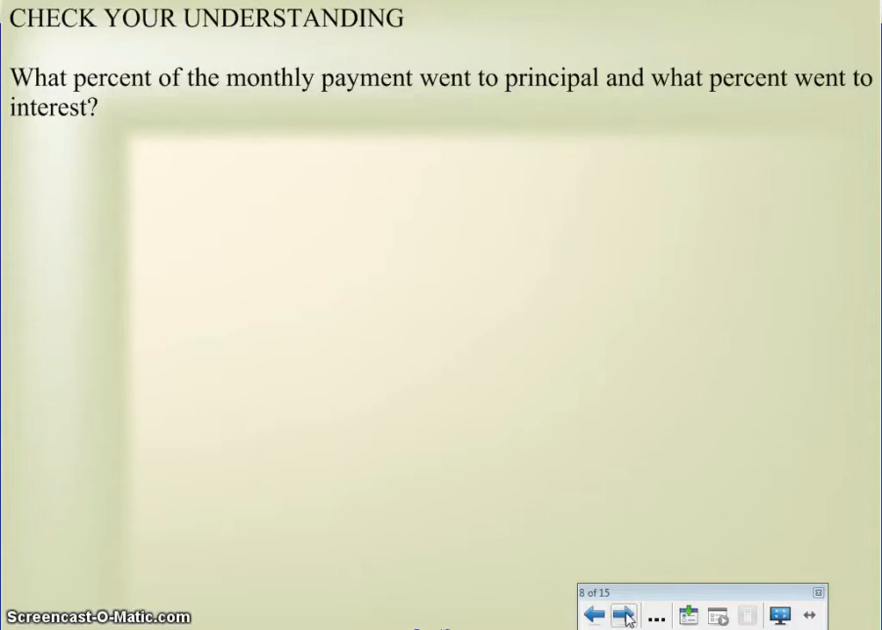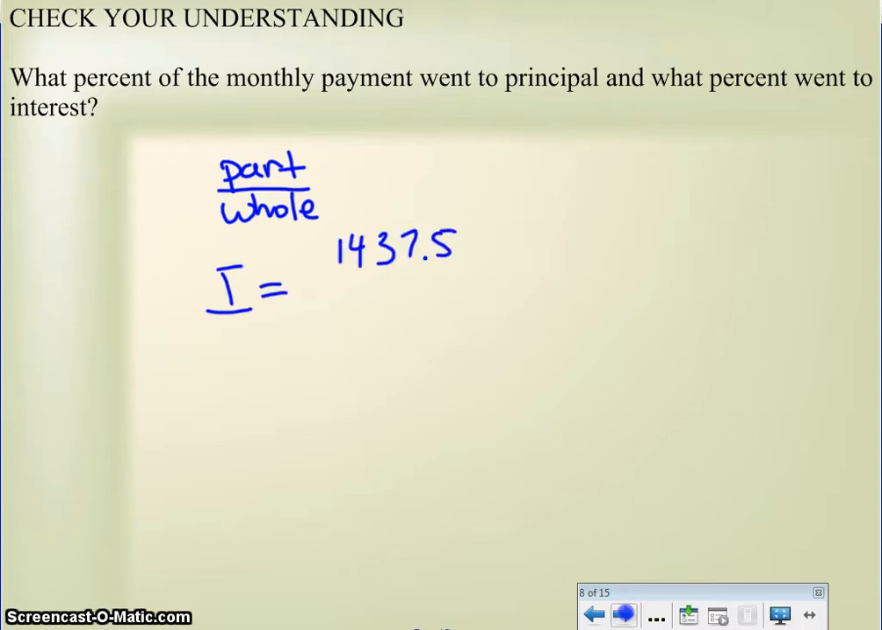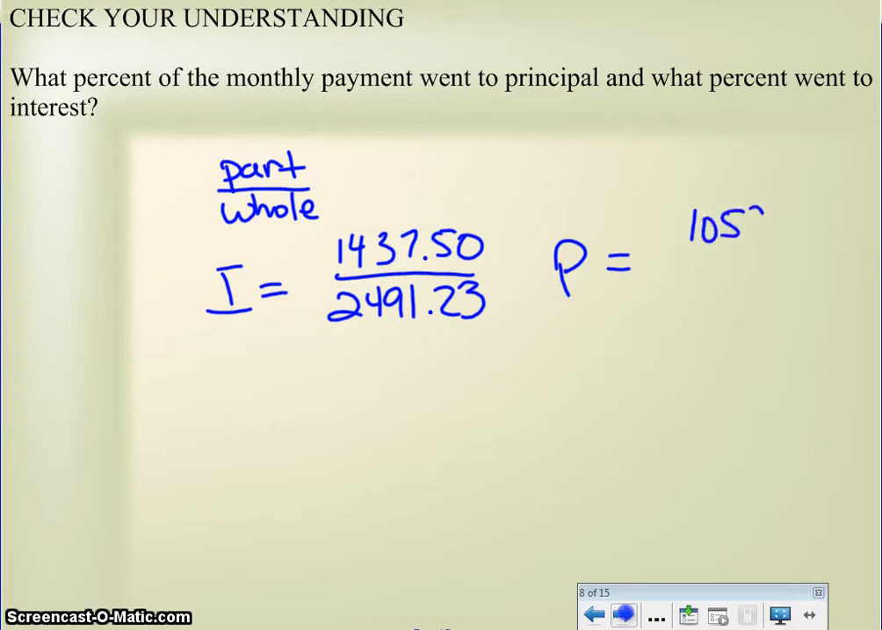So what percentage of the monthly payment went to principal and what percentage went to interest? So remember, when we're looking at a percentage of, again, we're looking at a ratio of part over whole. So with the interest, it was $1,437.50 divided by the whole payment, which is the $2,491.23. For the principal, it was the $1,053.73 divided by the $2,491.23. When I plug each of those into the calculator, I find